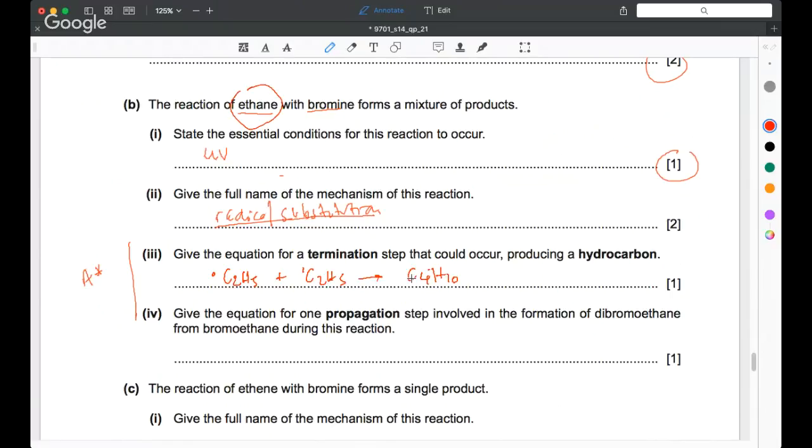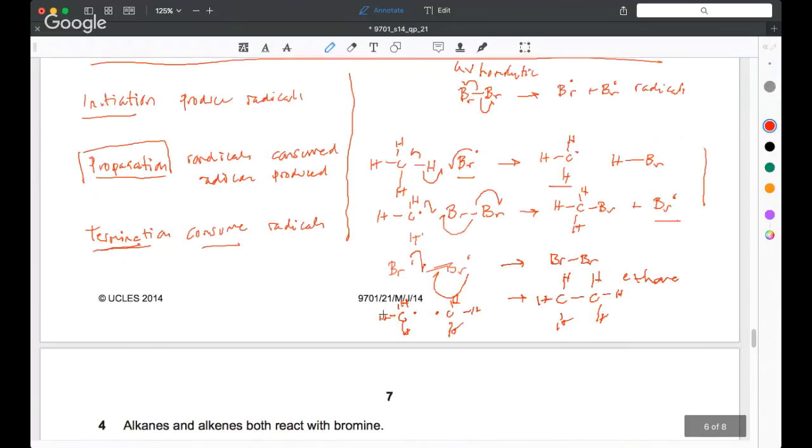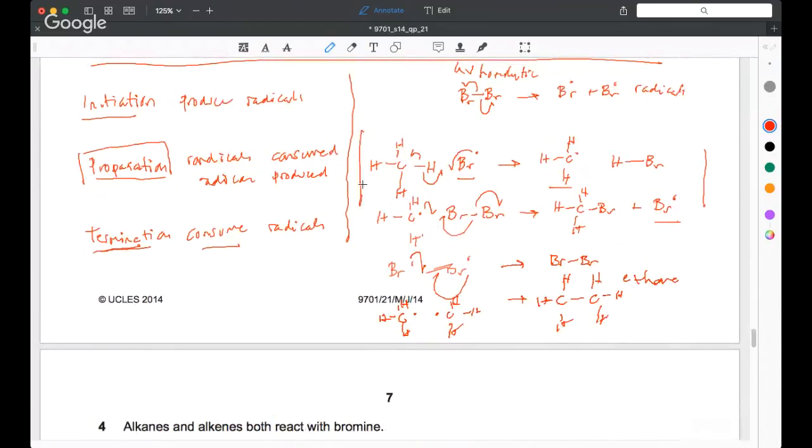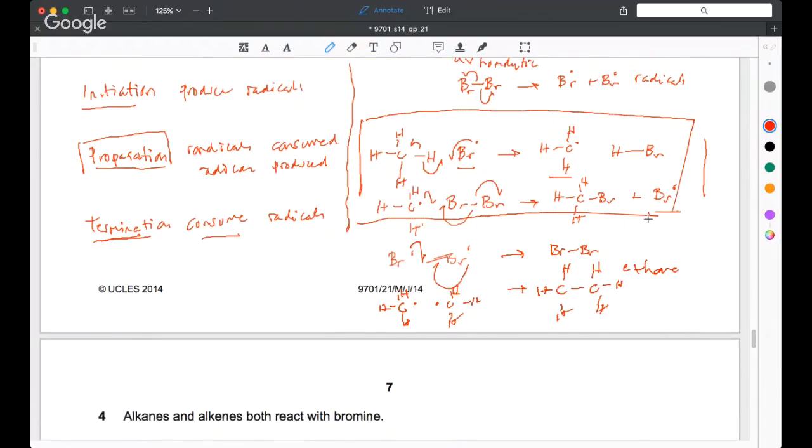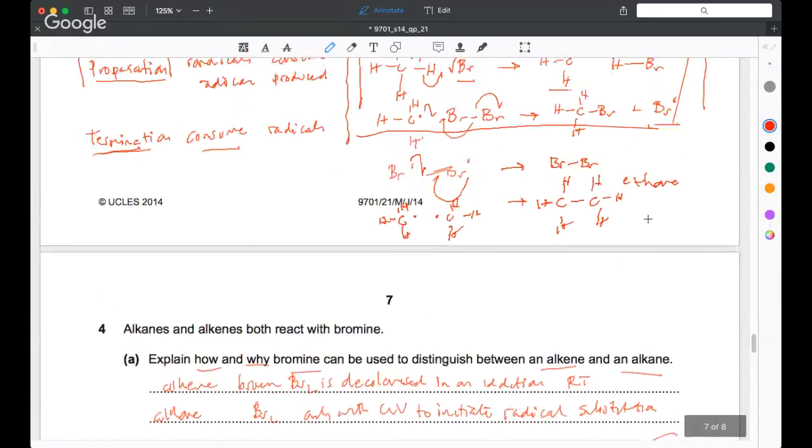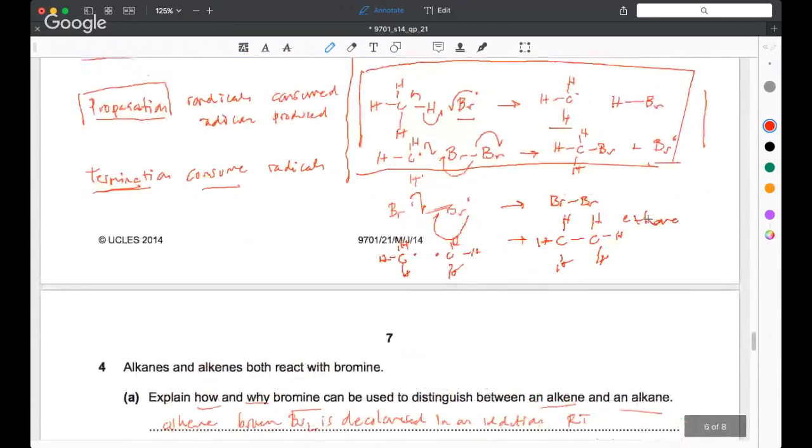Now, in this next point, it's asking for one of the propagation steps. Now you can see up here in the propagation step, there's two steps, aren't there? There's two steps up here. And it's just asking for one of those. So for one of those, let's take the first one up here. You could do the second one, but we'll just take the first one because the question is asking for the first one. So we're going to start off with